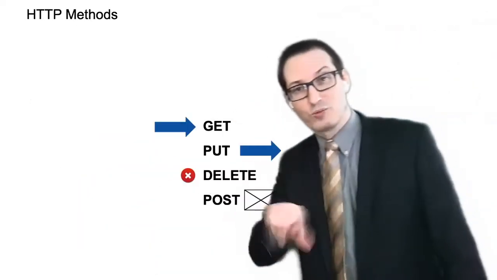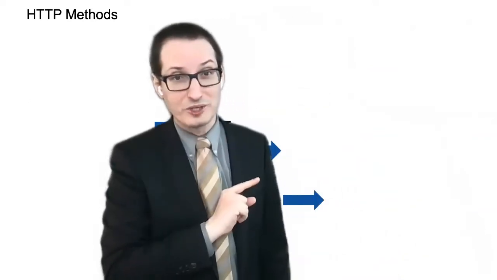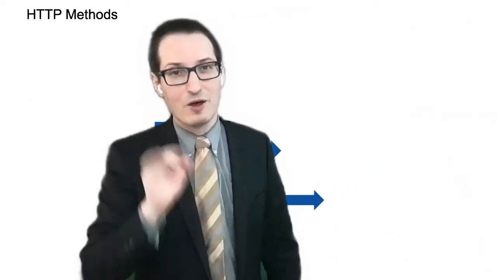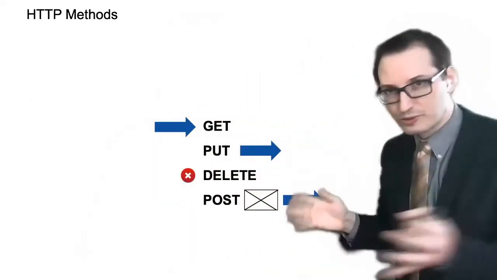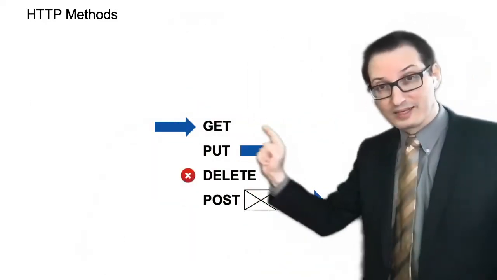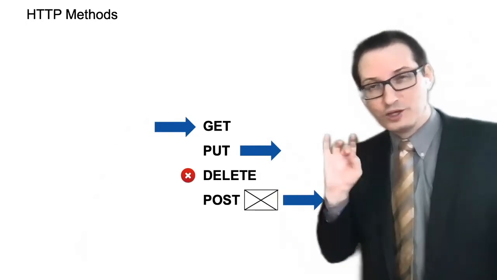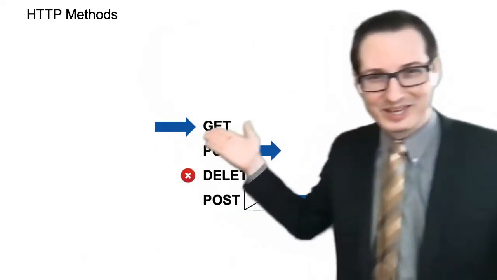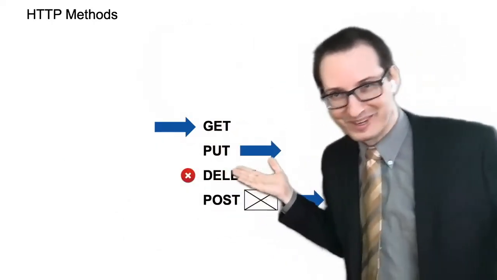All right. And what we do with them is, in addition to the resource, we also have what's called a method. A method is a verb. And there are 4 of them you need to know. There are others, but these are the 4 I want you to know. Get, put, delete, post. You will see that it's extremely intuitive to understand what they do, because what they do is that they get, they put, they delete, and they post.